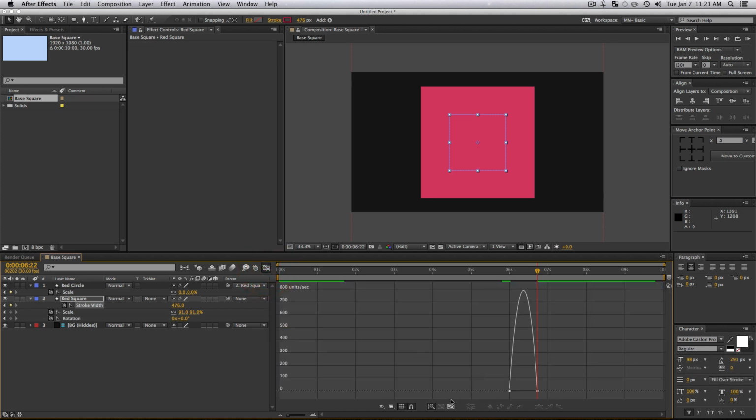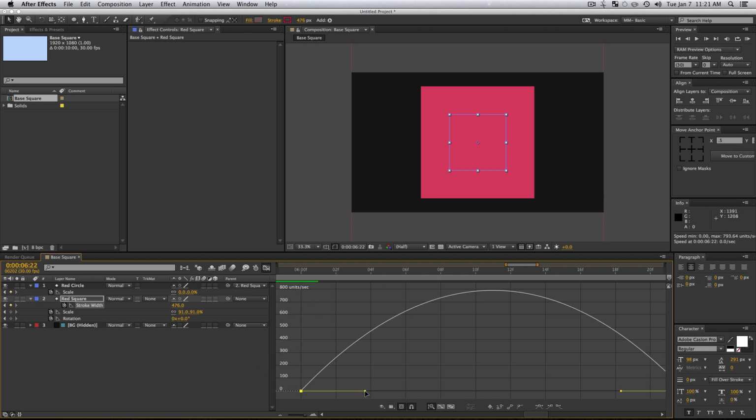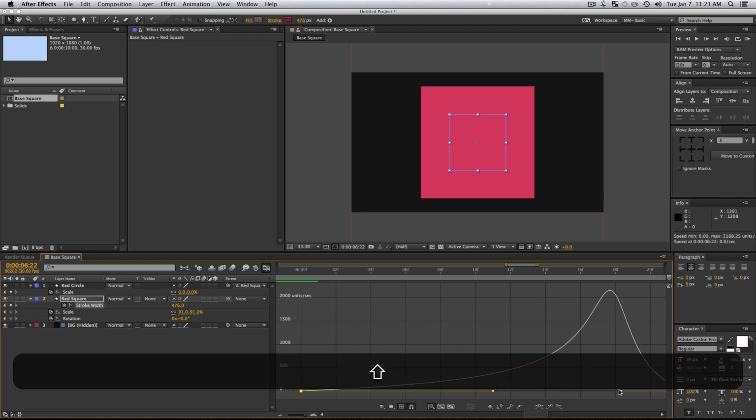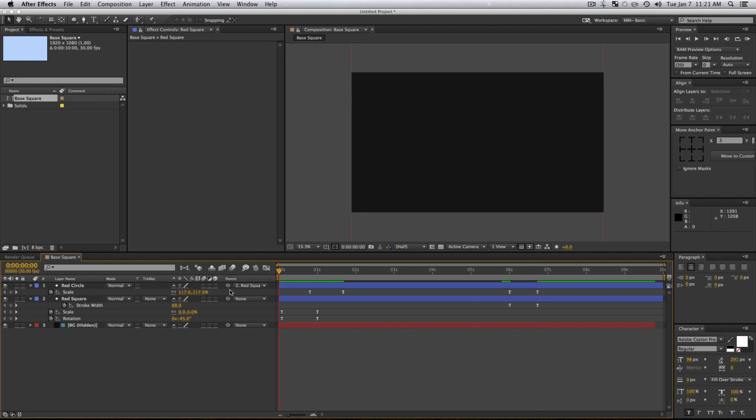Go into my graph editor and fit all graphs to view. Select this side, grab my Bezier handle and pull it to the middle. Grab this side and pull it to the middle. Let's go out of our graph editor, zoom back out, and check out what we've done. Nice, this is good. We'll be adding some stuff in the middle in just a second. This is looking pretty decent.